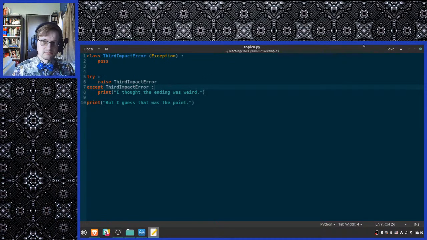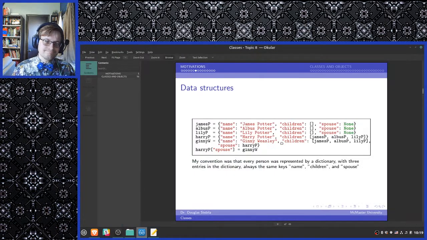So it's like a tree. No, well, it's a much more general structure. Classes are a much more general structure than trees. Trees can be done in classes, but classes cannot be done in trees. So classes are the more general data structure.